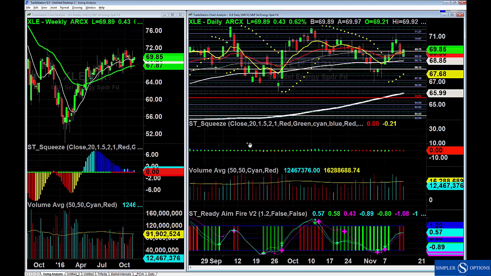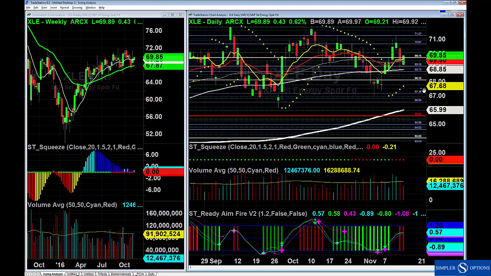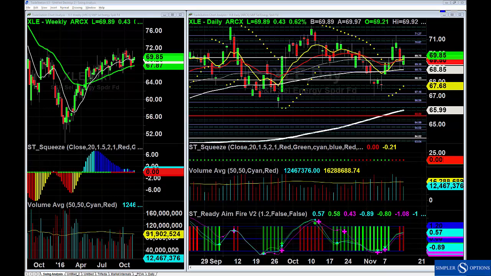So XLE is of course the SPDR energy ETF, and what I'm looking at here is that you've so far been doing a pretty decent job of respecting your technicals. When you first begin your analysis with the weekly chart, you've got a beautiful respect of the moving averages we like to follow, combined with a weekly squeeze, and the clarity off of this chart makes the